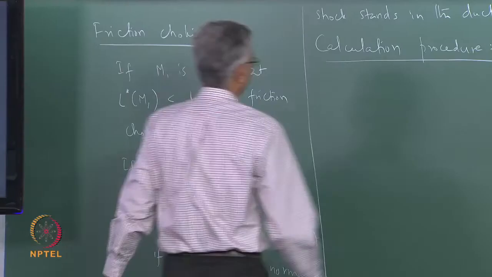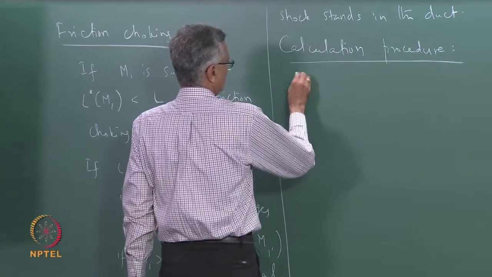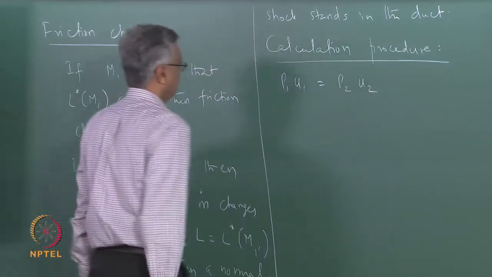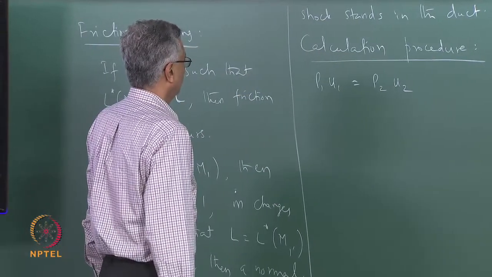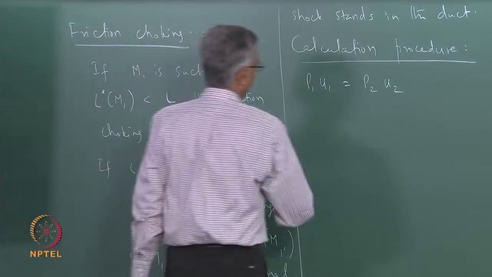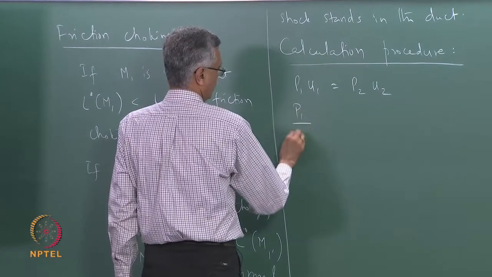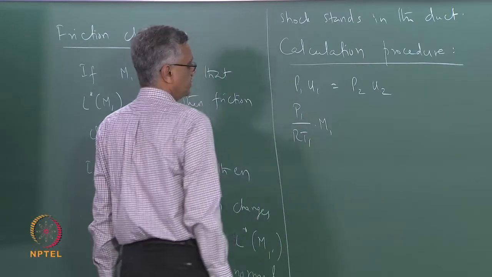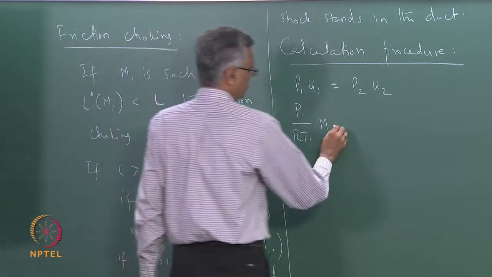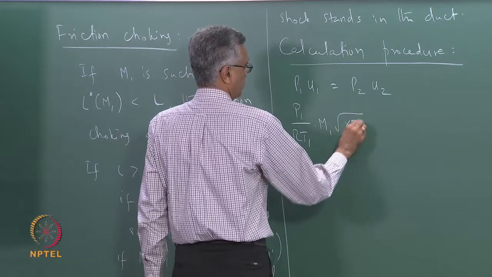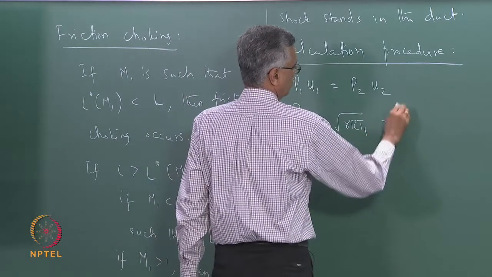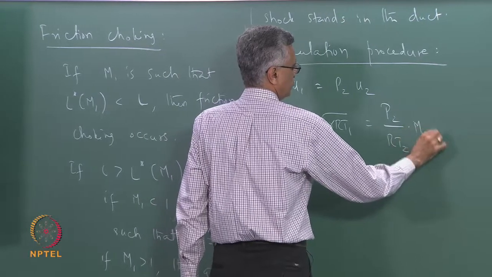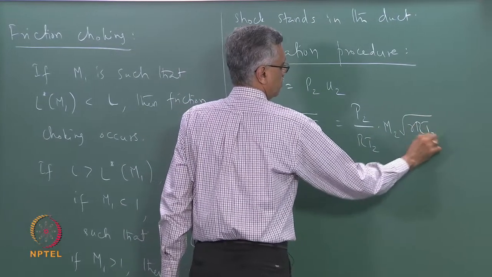If you remember from our governing equations, we had written down rho 1 u1 is equal to rho 2 u2, and if I substitute for rho 1 in terms of P1, I can write this as P1 over RT1, and for u1 I can substitute in terms of Mach number and the speed of sound. So, this is M1 times square root of gamma RT1, that is equal to P2 over RT2 times M2 times square root of gamma RT2,